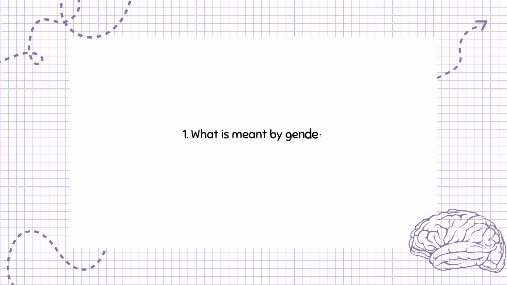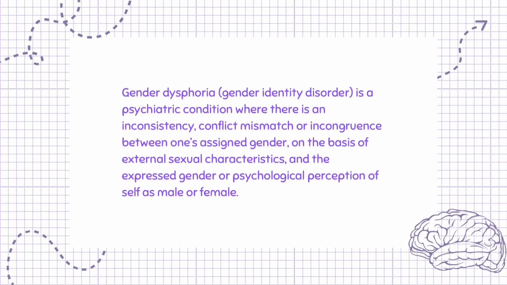Question 1. What is meant by gender dysphoria? 2 marks. Gender dysphoria, gender identity disorder, is a psychiatric condition where there is an inconsistency, conflict, mismatch or incongruence between one's assigned gender, on the basis of external sexual characteristics, and the expressed gender or psychological perception of self as male